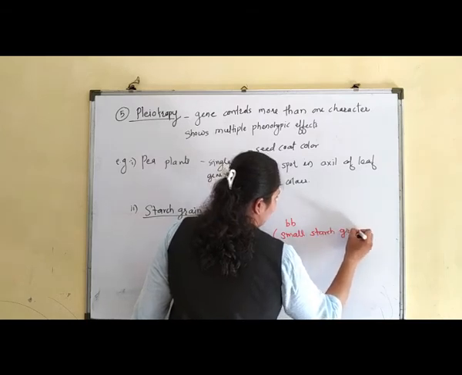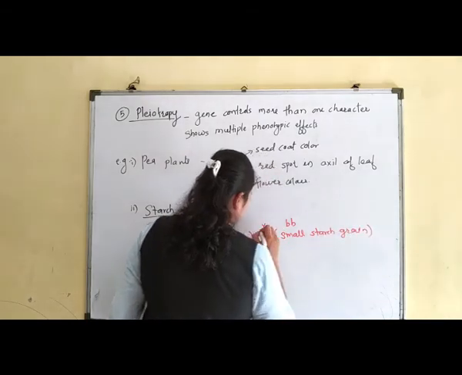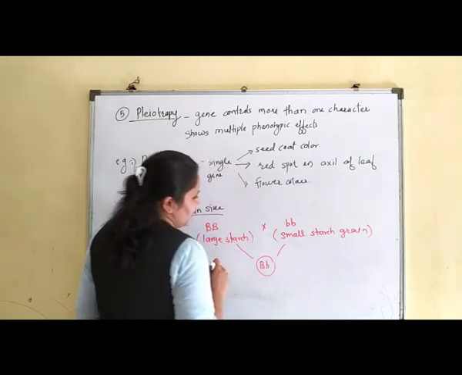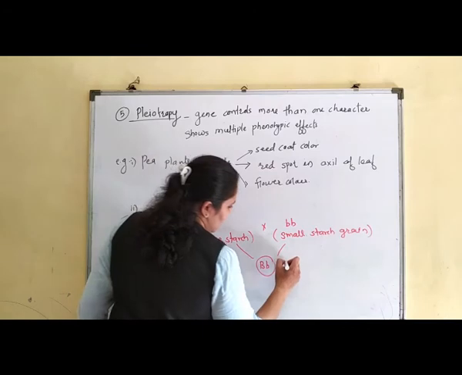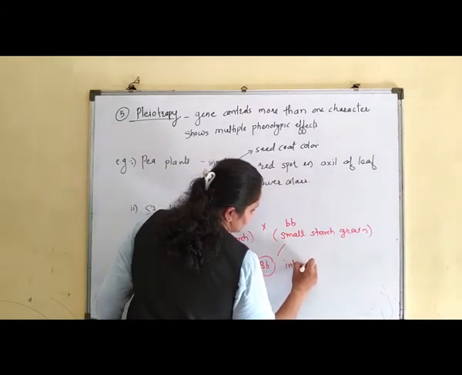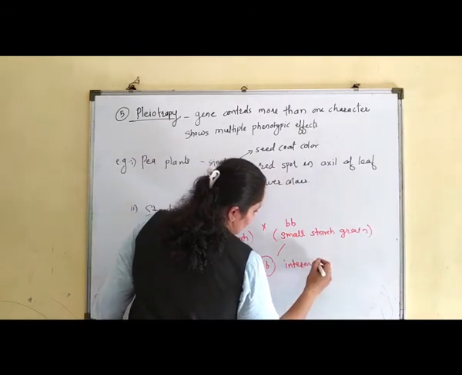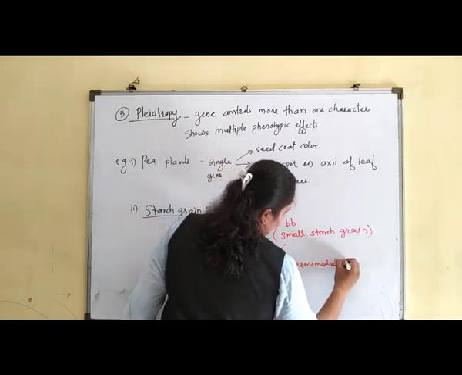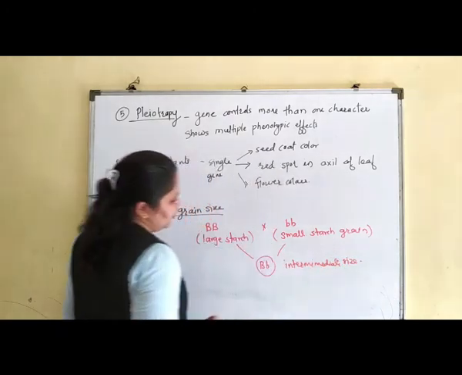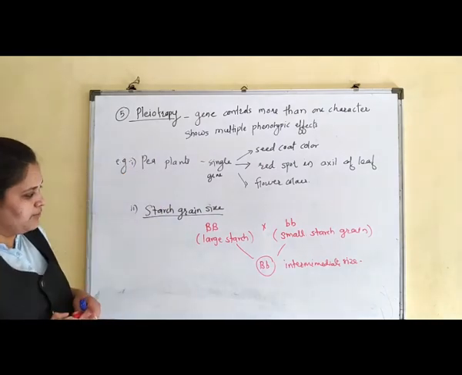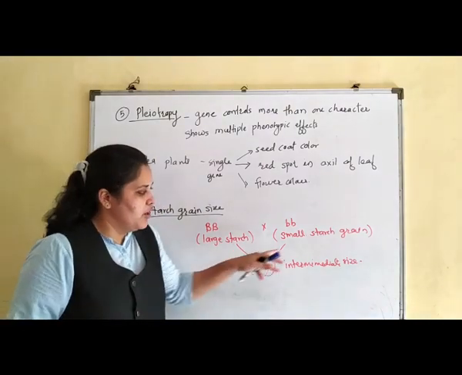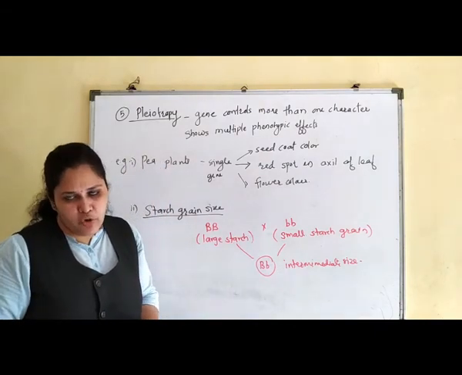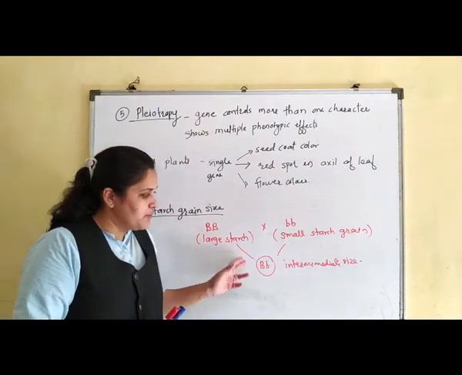Fine. Now, in a cross between these two plants, obviously we will get heterozygotes. These heterozygotes are of intermediate size. So, in heterozygous condition, starch grains are of intermediate size. Now you will ask me, madam, here you have taken the larger one, here the smaller, and this is intermediate. It means this is an example of intermediate dominance. Yes, it is with respect to genotype.